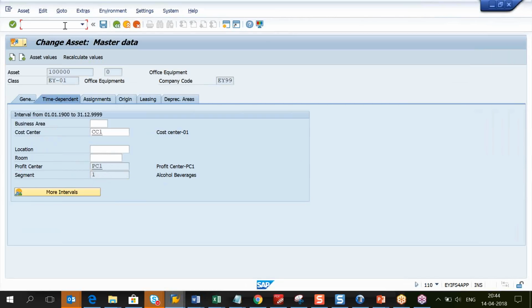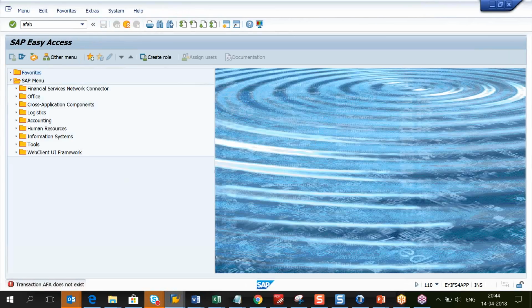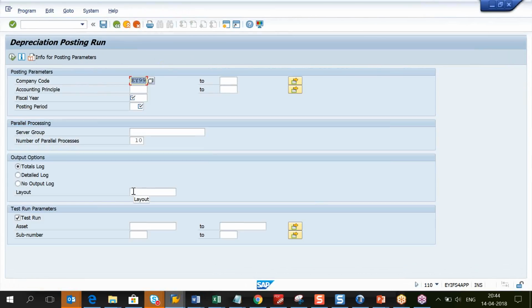Next, I'll run AFAB. Here you can see a different screen of your depreciation. Now you can run the depreciation based on your accounting principle. Here you don't have any repeat, restart. Unplanned depreciation concept. So here you have